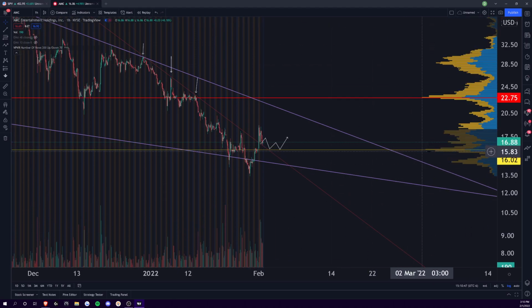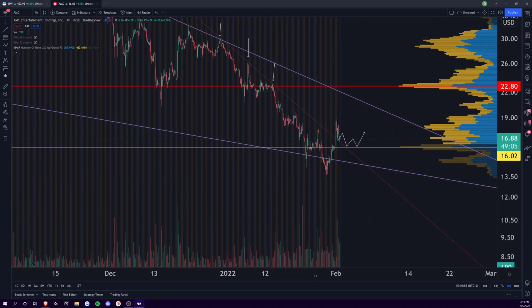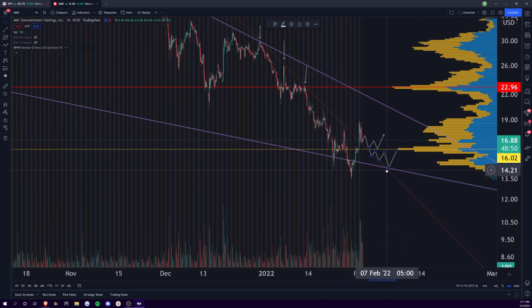Yeah, I mean, you have a very good volume floor here at this $16. So yeah, it makes a lot of sense actually. Yeah, this move, I don't feel too bad about this move, but you definitely want to see bulls come in at this $16 level for support. Otherwise, you're going to continue to crawl down this bear trend until you see your falling wedge again, and then